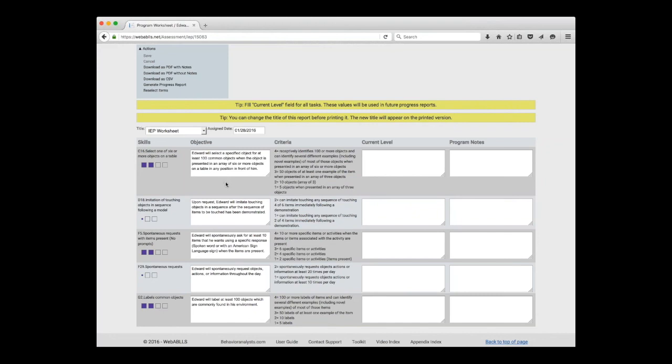Now what I can do at this point in time is go in and start entering his current level. And this is important for when I go to do the progress report. This information will come back. It will already be there. So I can say he can receptively identify 42 objects. And as you'll notice, the spell checker is built in here, so it makes me look good. I can come in and correct that so that I don't have to show that I can't spell or type very well. I get all that information in there.